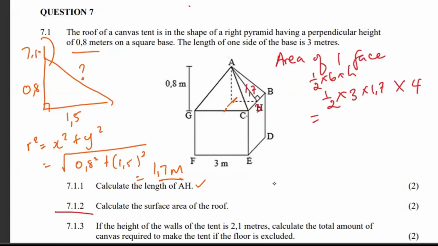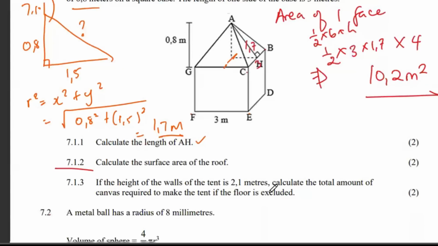Because one face is this, and then we're looking at 4 faces. So let me just combine everything once and get over it. So 3 times that, I'm getting 10,2 meters squared. So that is the surface area of the roof. Then if the height